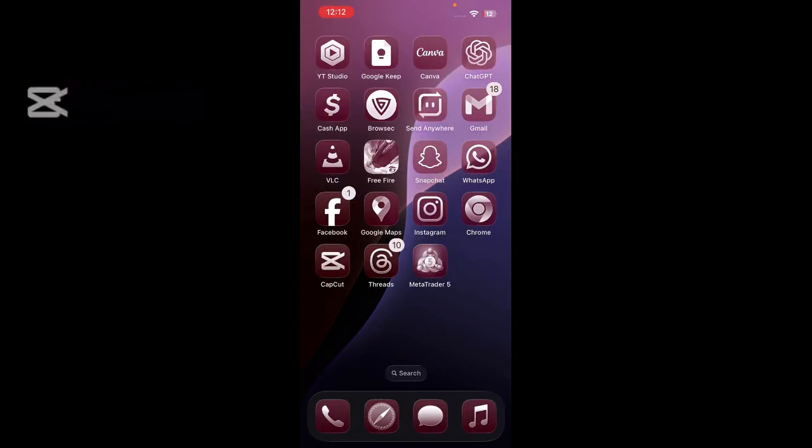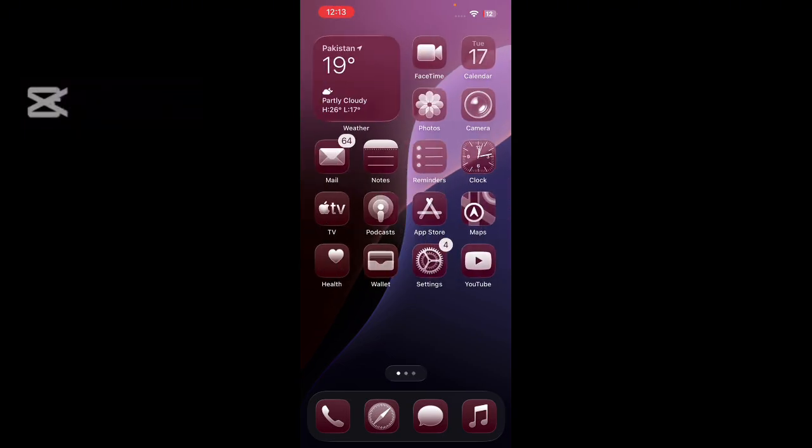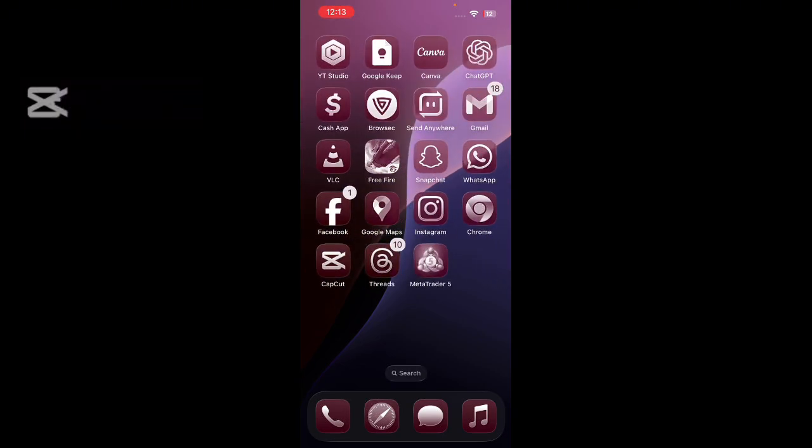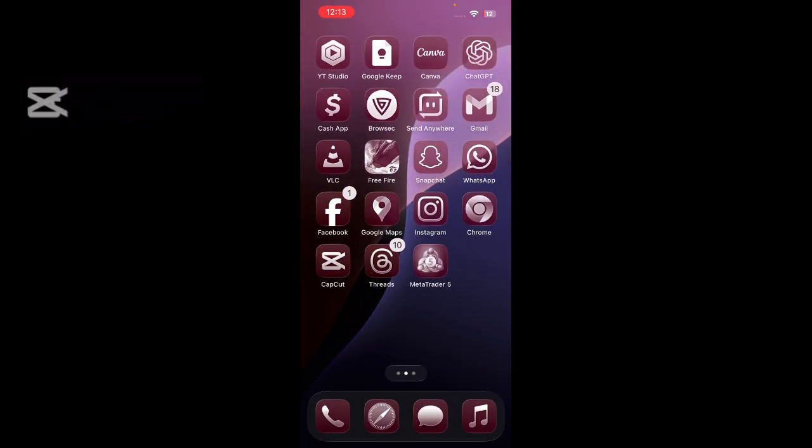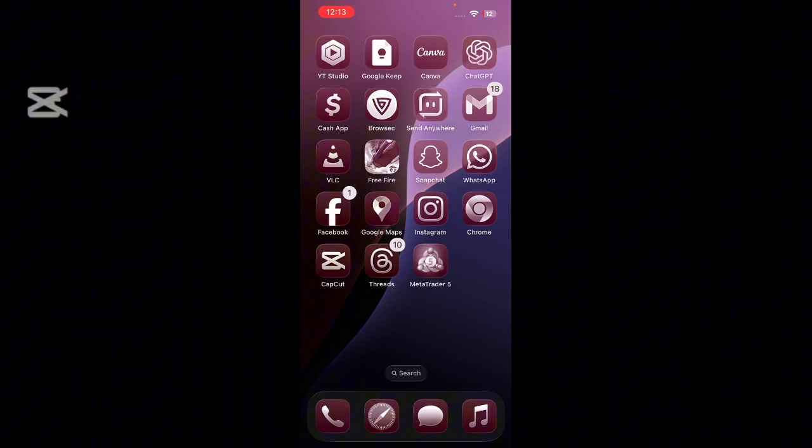In this video, I'm going to show you how you can bring back the old icons on the iOS 26.3 update. As you see on the screen, my icons are changing, and that's for the updated version. So how can you go back to the old icons and get them on your iPhone, maybe iPad? Let's follow all the steps I'm going to tell you in this video to change the icons of